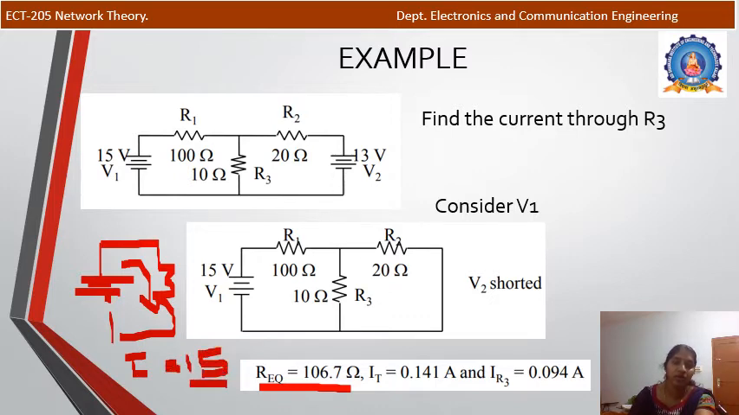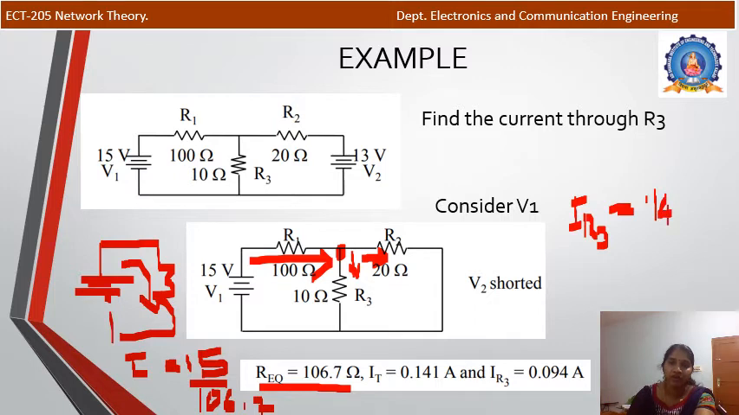So it is approximately 0.15 by 106.7, that is 0.101, right? And the total current is 0.101. So here the incoming current is 0.101, and here the current will be divided into I1 and I2. So in order to find the current through R3, you have to apply the current division, right? So when you are applying the current division rule here, IR3 is equal to I total,